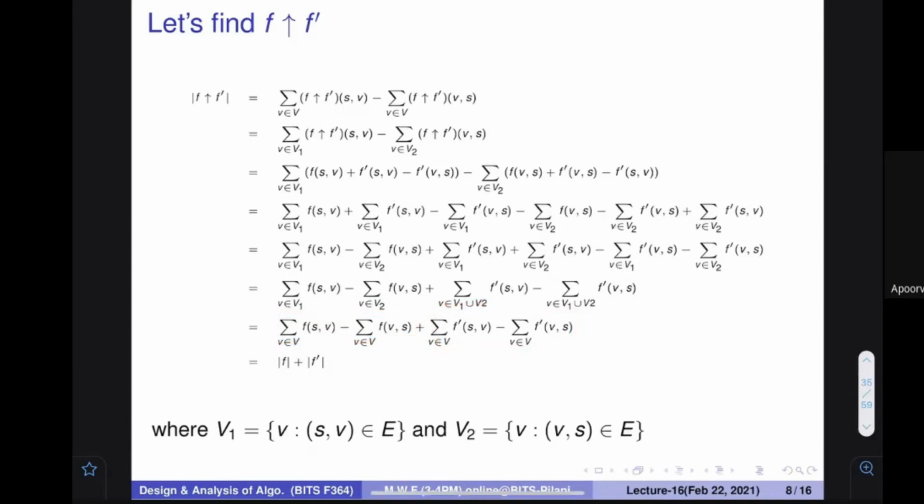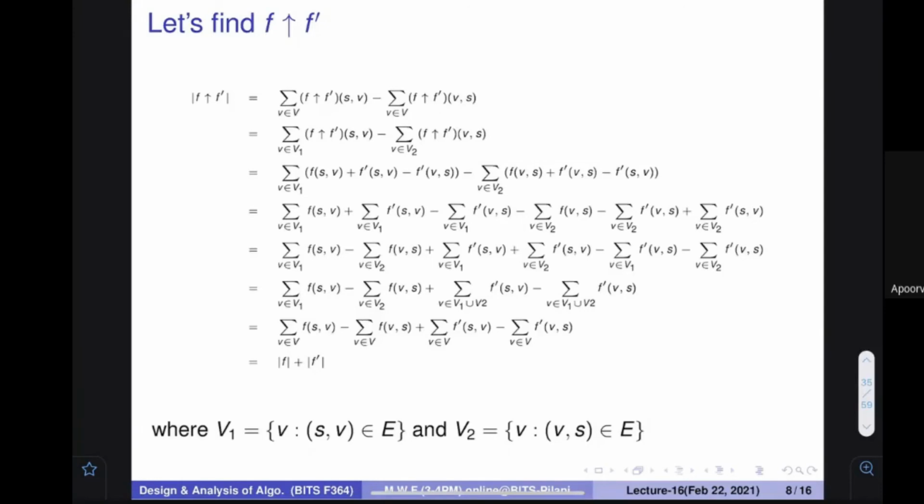This is the flow into f, and this is the flow into f dash. You can see that it is the same formula, because the formula of the flow is this: from S how much going into the V, from V how much coming into the S, for the nodes which are in V. This is for F and this is for F dash. So by doing this, we can say that F plus F dash. Again an interesting proof that shows that when we do the augmentation, whatever your previous flow was, it is being added to something else.